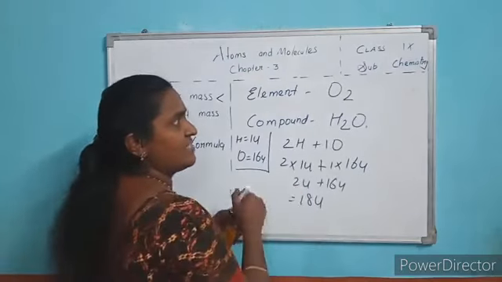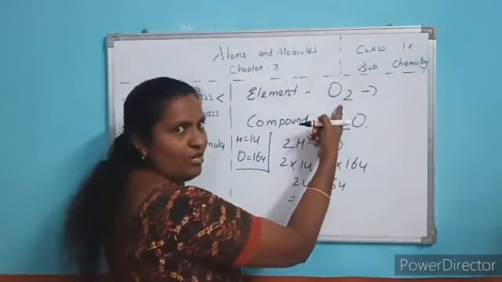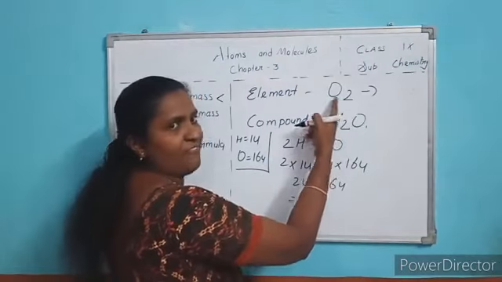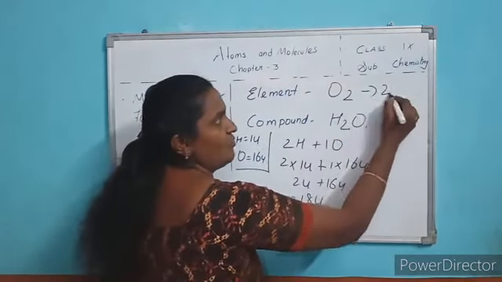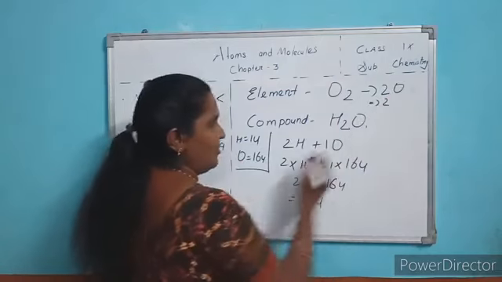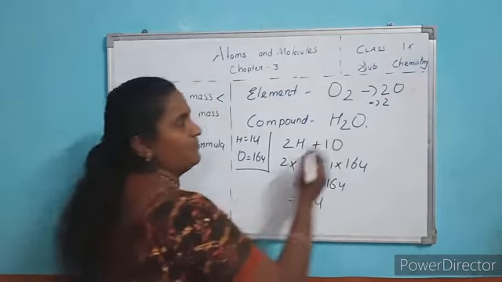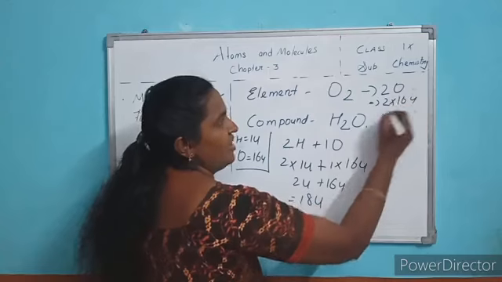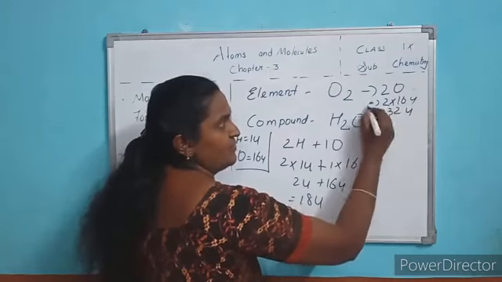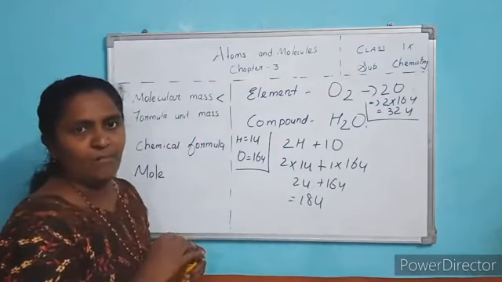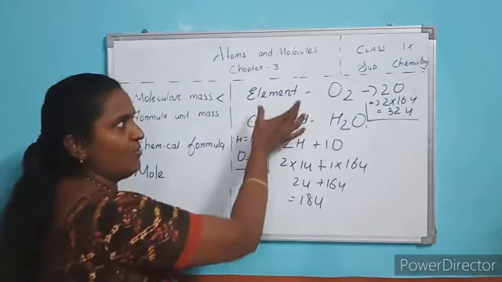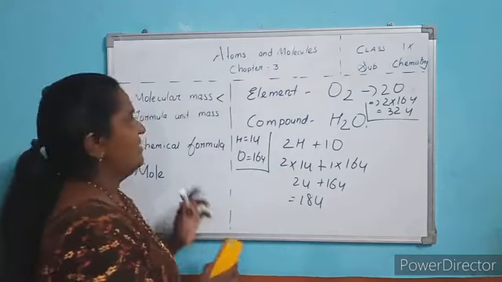Now find out this. Here, how many? This is a molecule of an element. Why? Same kind of atom, 2 oxygens. Isn't it? So how many oxygen? 2 oxygen. So you know each oxygen weight is 16U. So accordingly you will get 32U. Clear? This is called the molecular mass of a compound or molecular mass of an element.